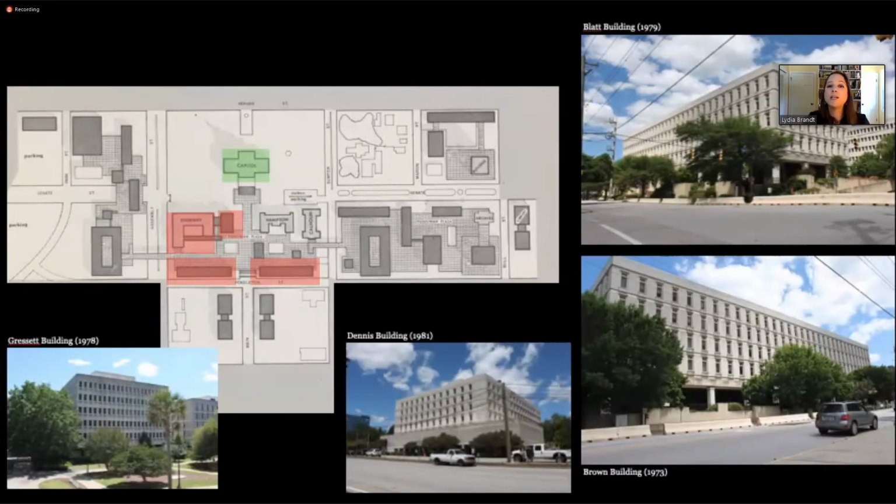They're all covered in limestone panels and have steel frames. These buildings are not classical, but they are symmetrical, they are proportional, and they're all about the same height. They all match in color. And the intention here was to create a united front for these buildings. They all do the same thing. They're all office buildings for state legislators and state agencies, but this also gives them a kind of united front